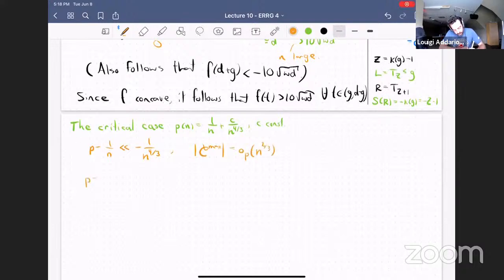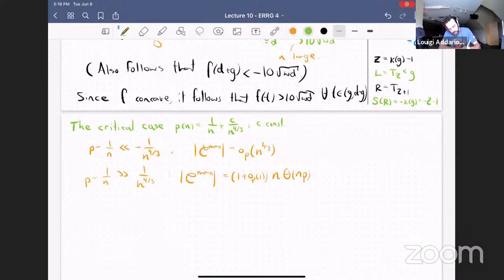And when p minus 1 over n is much bigger than 1 on n to the 4/3, we've seen that the size of the largest component is basically n times theta of np,